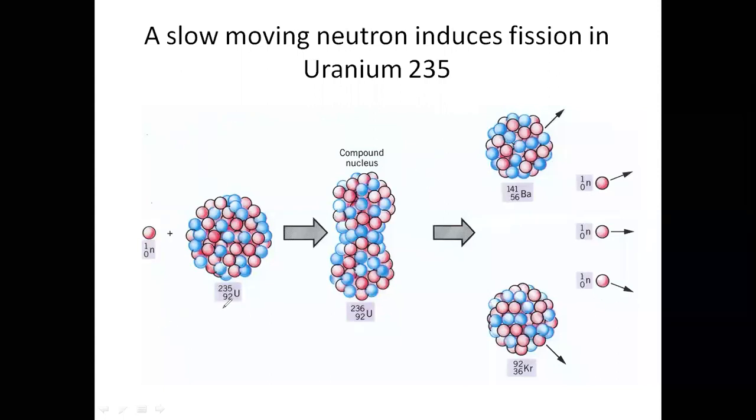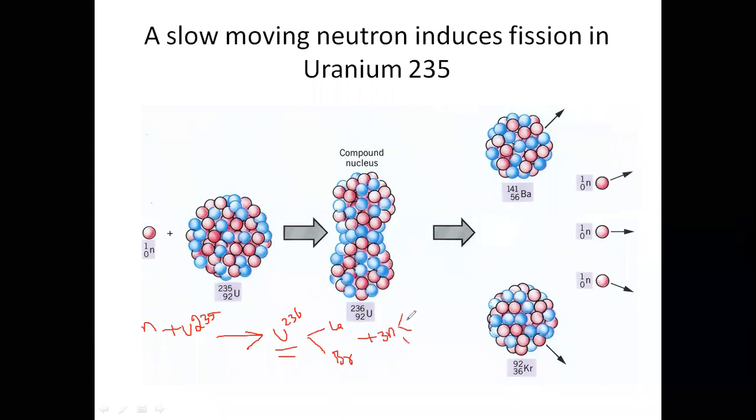Now you can see here, one small neutron is added to uranium 235, and we get an unstable nucleus, uranium 236. Whenever the fission process takes place, the splitting of a heavy nucleus into two or more small nuclei is nothing but nuclear fission. It releases two small nuclei: one is lanthanum, another one is bromine. And it releases three small neutrons.